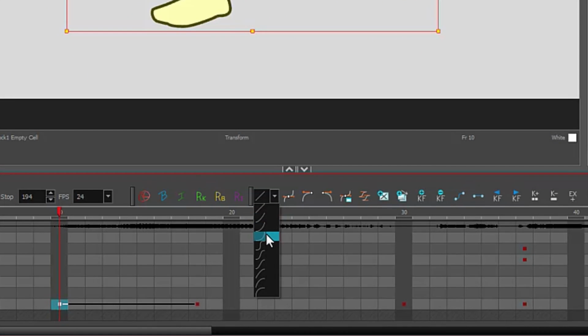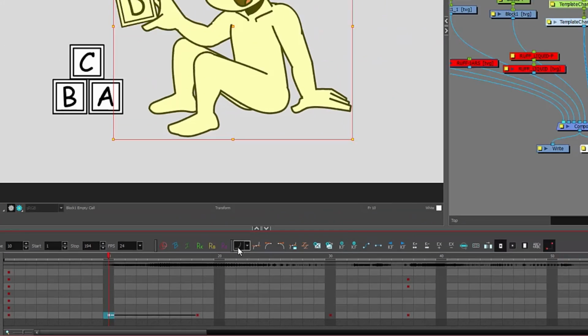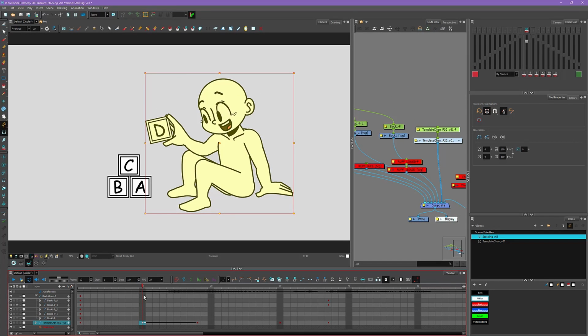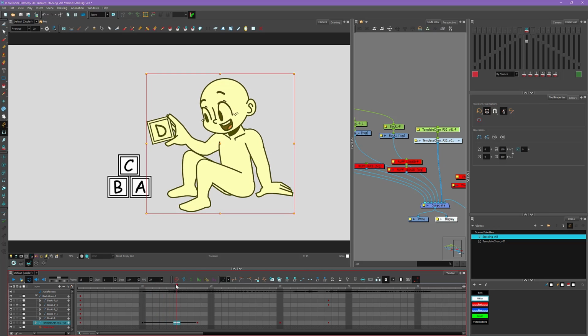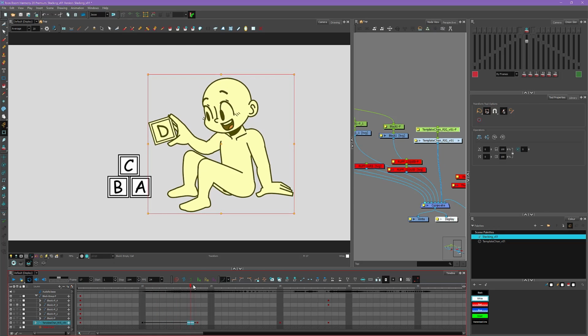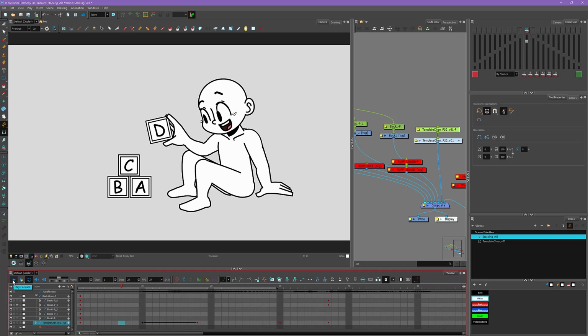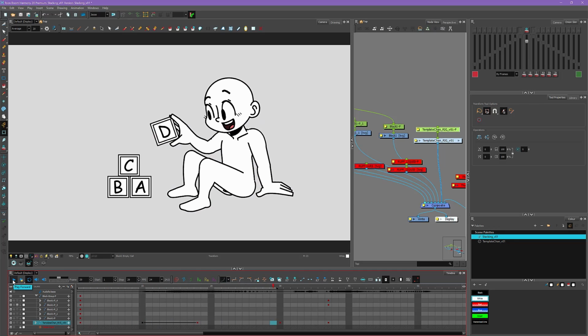And these curves right here, we're going to call them ease ins because it's going into the motion, right? So it'll be slowest when it goes into the motion. So if we select the strongest ease in, you can see at the beginning of the animation, he's barely moving at all. And then towards the end of the animation, he's moving a lot faster. So if we play it, you can see he starts out slow and then speeds into movement at the end.